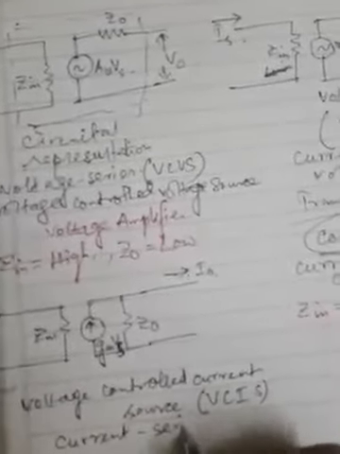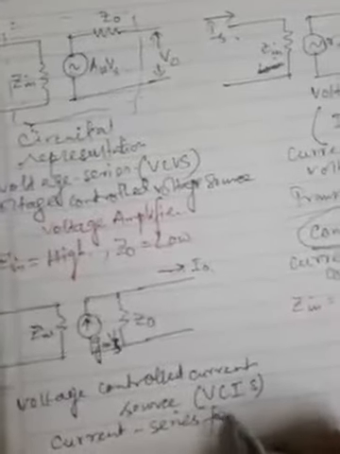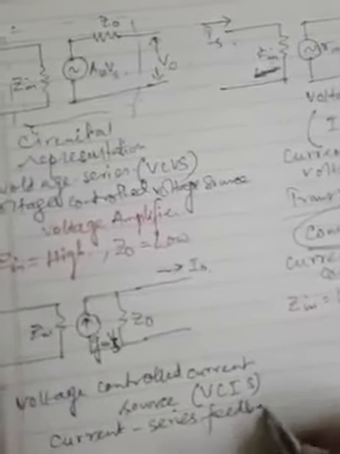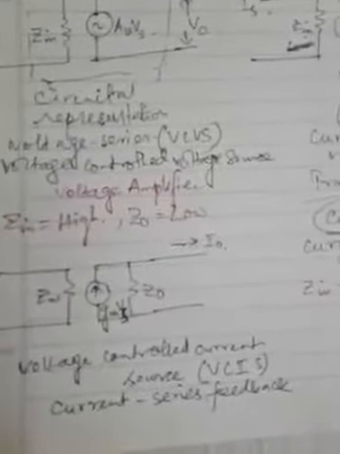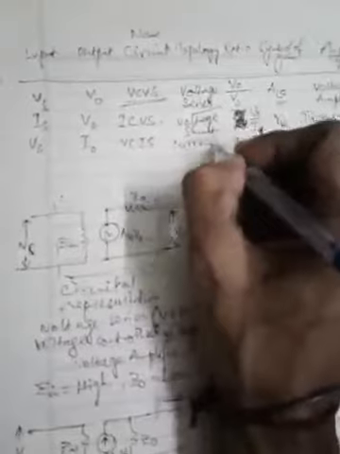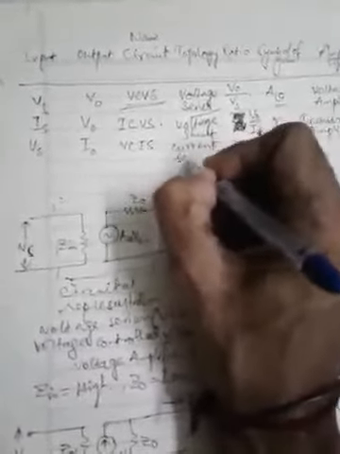So the topology used here is current series feedback. In this table, it should be written as VCCS, and the topology is current series,